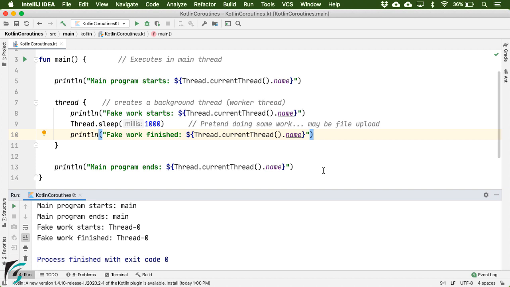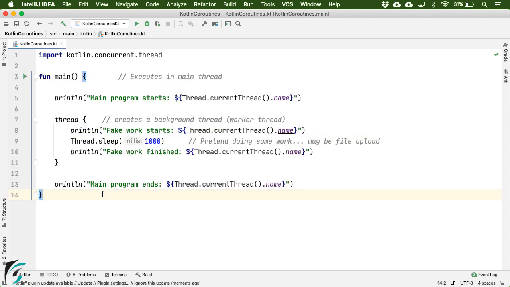So just note that in case of threads, the application waits for all the background threads to complete. So only after the code within the thread was executed completely did our application end. Right? So please note what happens in case of a thread. I will come back to this point shortly when we discuss coroutines.